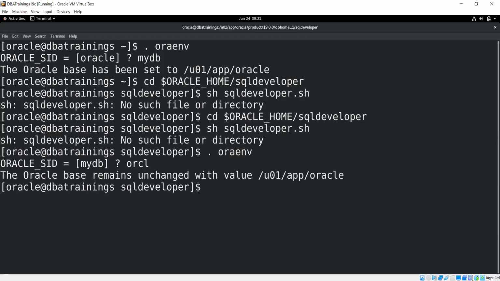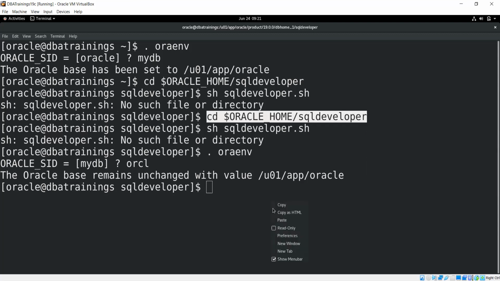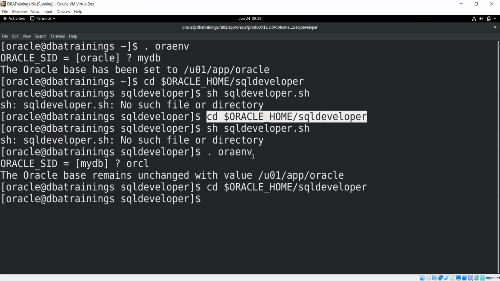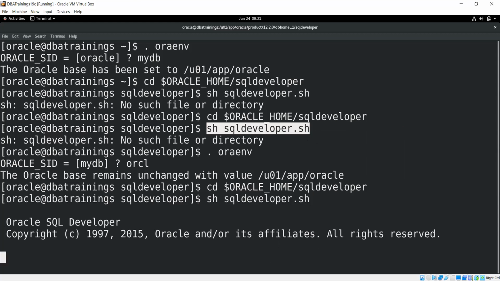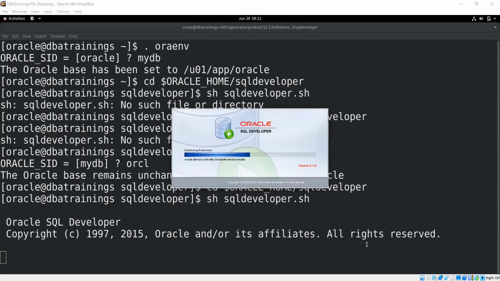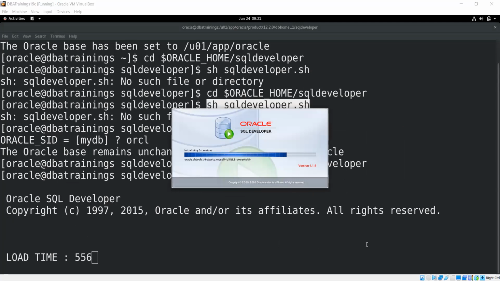And for Oracle 12c, I have given the ORCL database. So in 19c, we need a separate installation for that. So this time it will call the Oracle SQL Developer, because Oracle 12c has the inbuilt feature. In Oracle 19c, you can customize and use it separately. Of course, it's an old version. Current version is 20 point something.